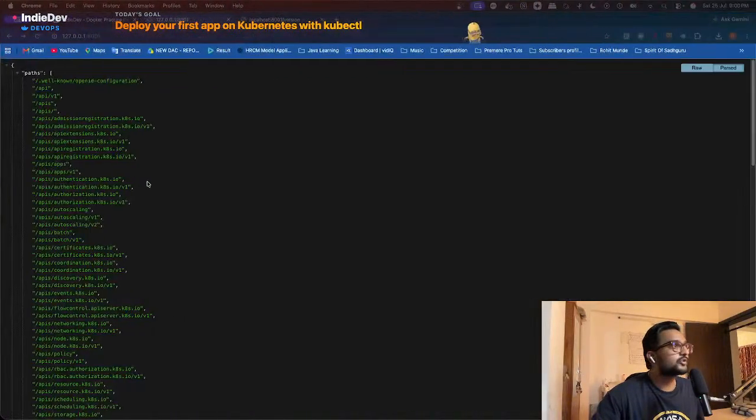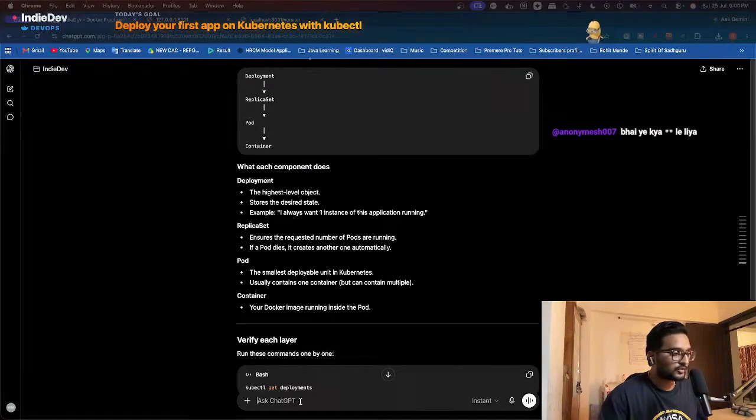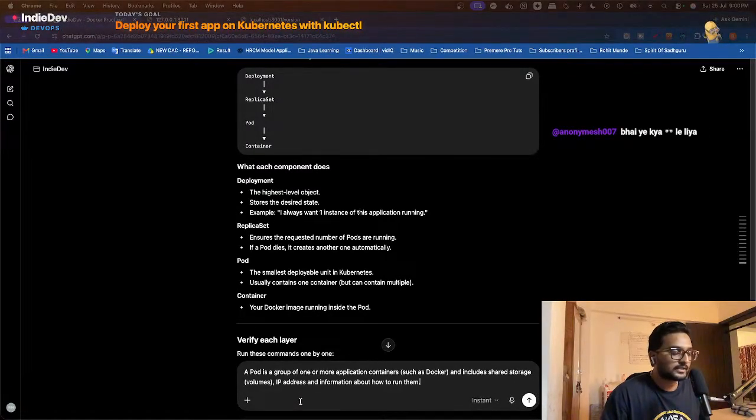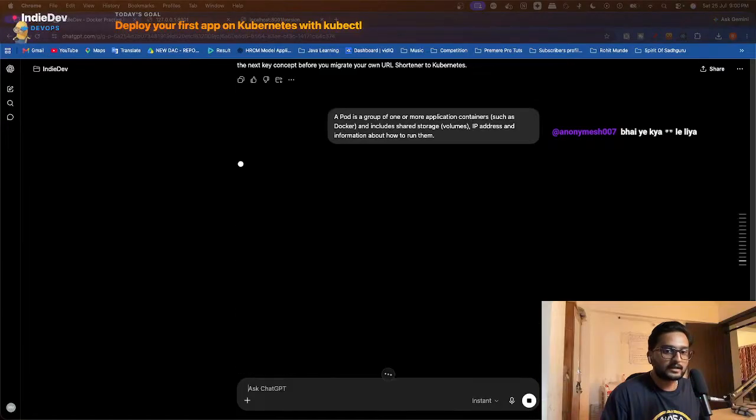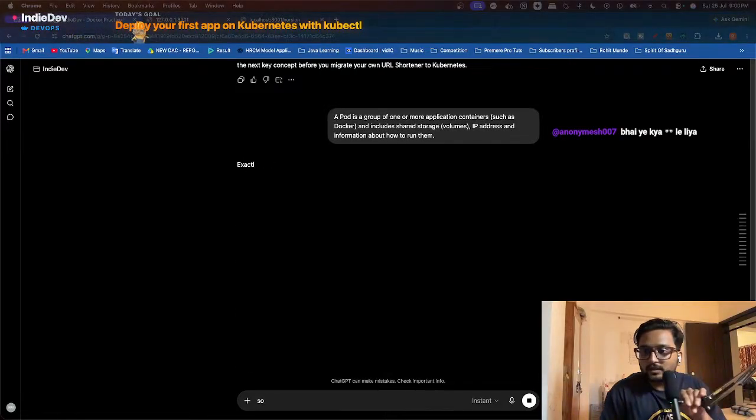Let me ask this to ChatGPT because this is the root. In the last-to-last session we did Dockerization and then deployed it to a container. So